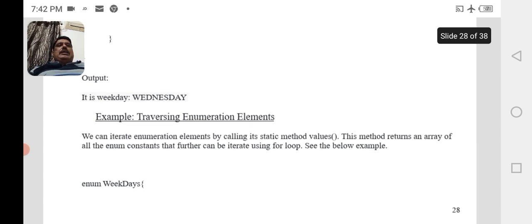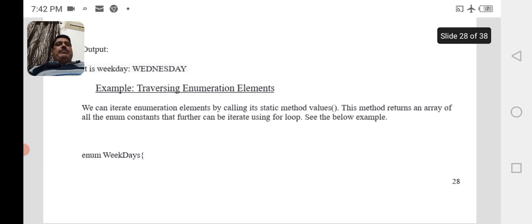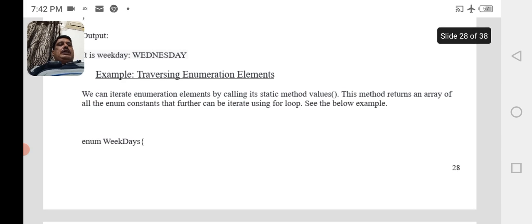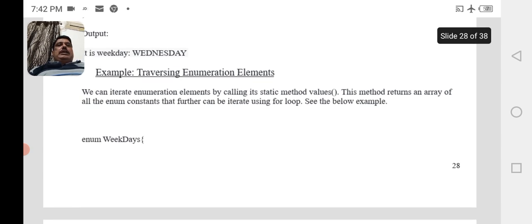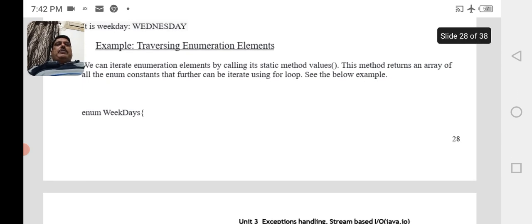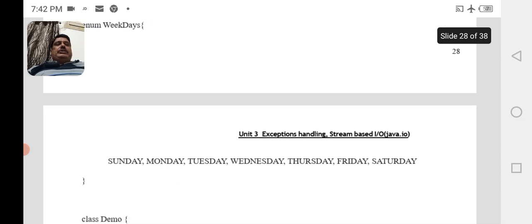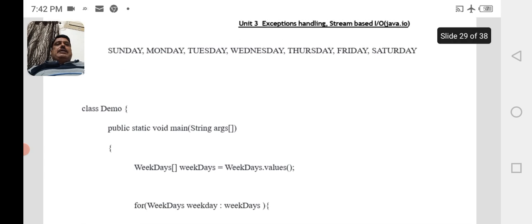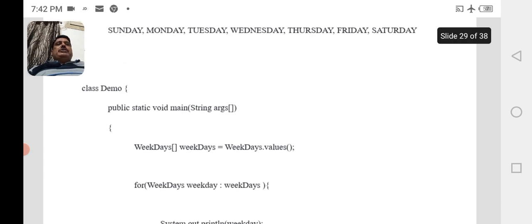Traversing enumeration elements. We can iterate enumeration elements by calling its static method values. This method returns an array of all the enum constants that can further be iterated using a for loop. See the below example: enum weekdays: Sunday, Monday, Tuesday, Wednesday, Thursday, Friday, Saturday. Class demo, public static void main, String arguments.